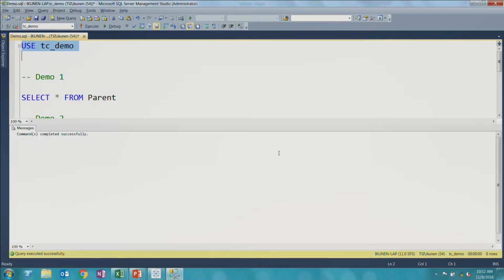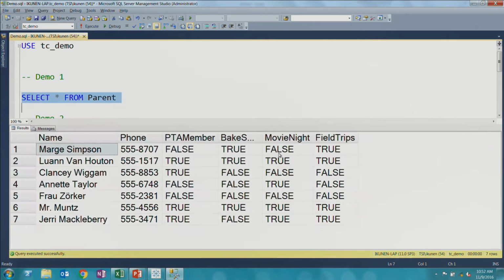This is a program called SQL Server Management Studio. If you go get SQL Server Express, it will come with this. But Postgres has their tools, and MySQL has their tools. Everybody has their tools. They're just slightly different. So I can look at that data here as well, and it will look very familiar. Now, let me actually execute that.